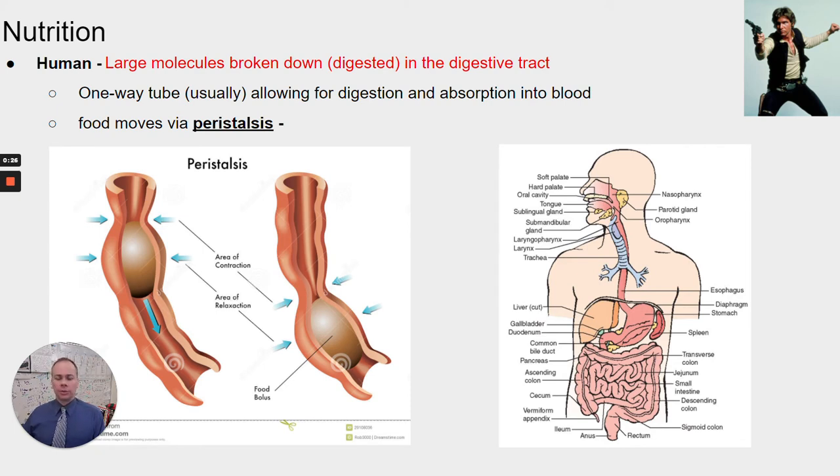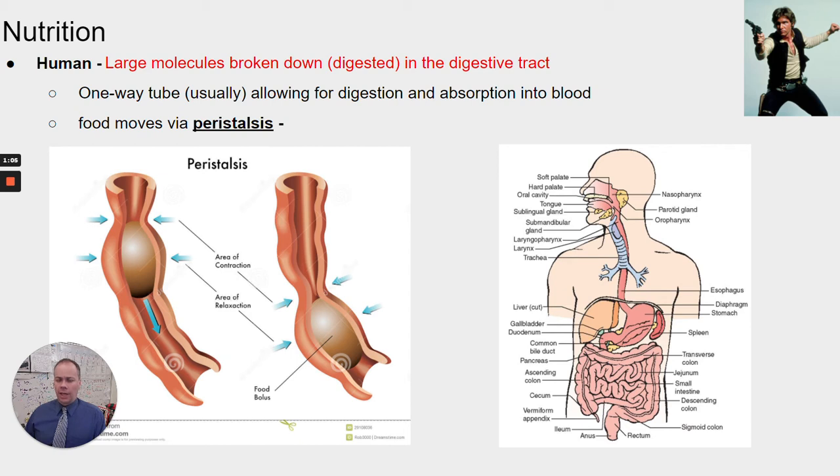And these large molecules, as we learned in our last unit, can't move through cell membranes very easily. So typically the digestive system's role is to take these large complex molecules and break them down, or we would say digest them, into smaller molecules that can actually be absorbed into the bloodstream and distributed throughout the body. Human digestion consists of basically a long tube from the mouth all the way throughout the body into various organs,